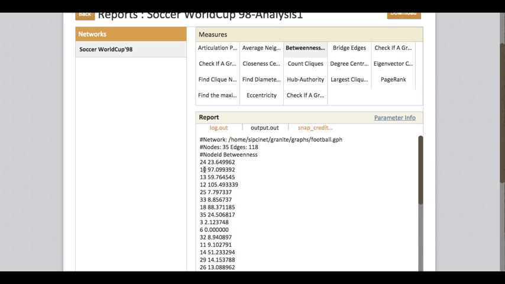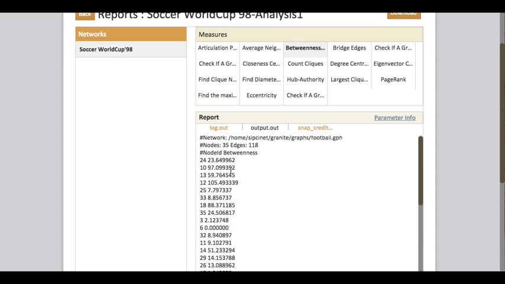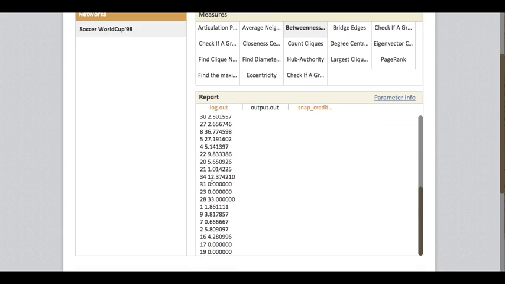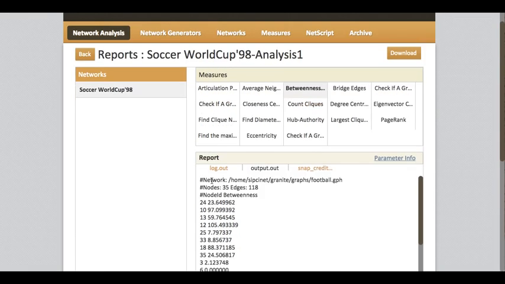So node 10 had a 97 betweenness centrality, and node 24 at 23. Anyway,